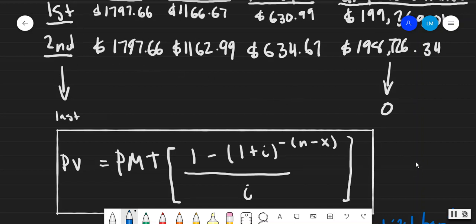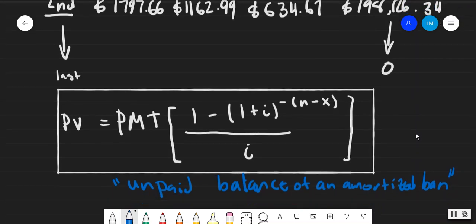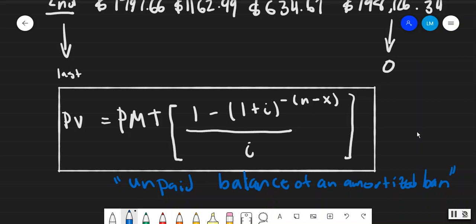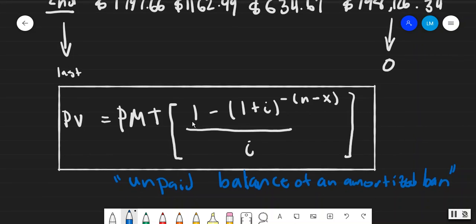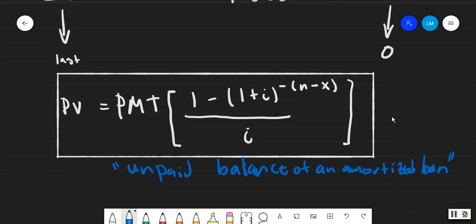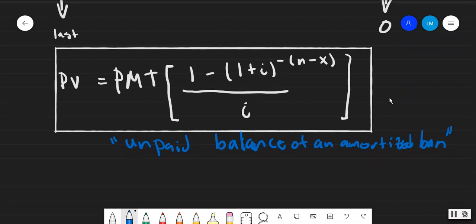But the only problem is, what if I wanted to know how much interest was paid back after the fifth payment? Then in that case, this might not necessarily be useful. But in any case, this is pretty nice if you needed to know the unpaid balance of an amortized loan,